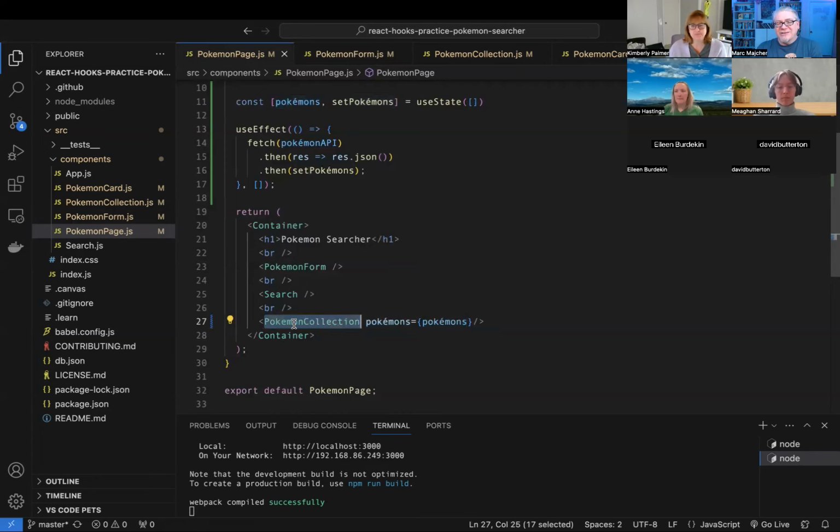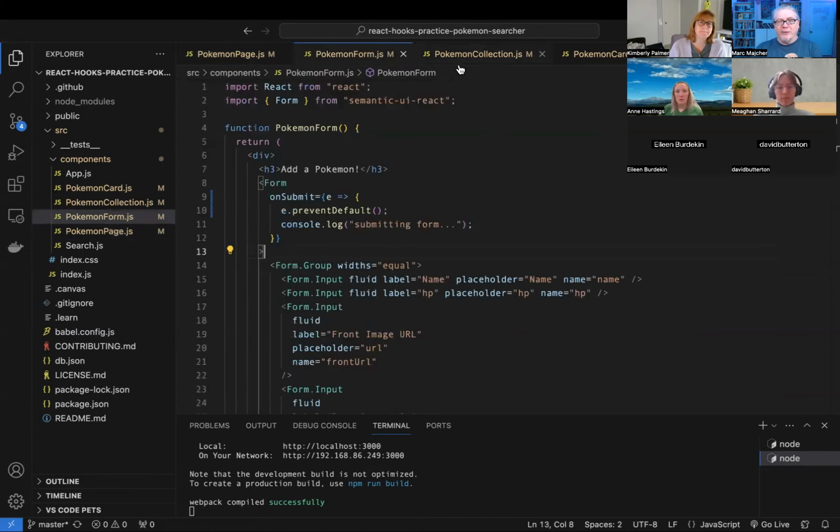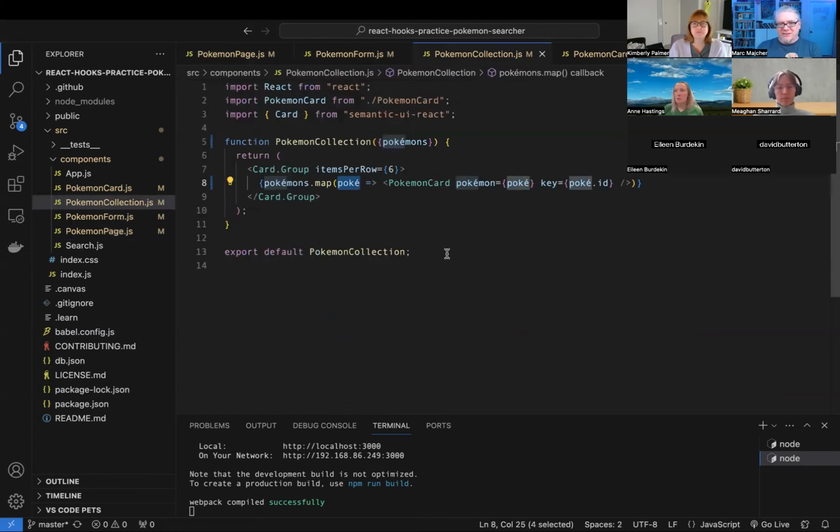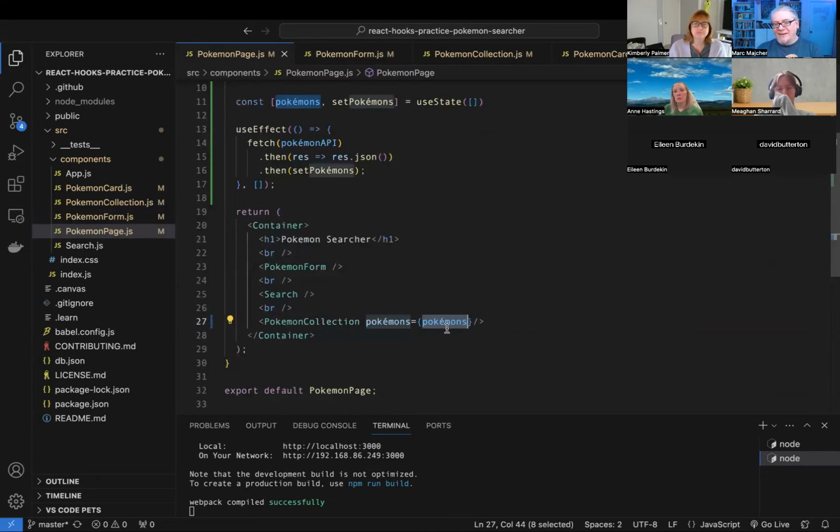So this Pokemon collection, its only job is to take a list of Pokemons and display them. Where it gets those from, what that list looks like, it does not care. All it knows is I'm taking a list of Pokemons and I'm going to display them. That's it. So that means if we want to change the way that looks, we would change what we're sending in. We have this whole list of Pokemons. So, if we wanted to sort this list or filter it or slice it down to a certain number, we could do,